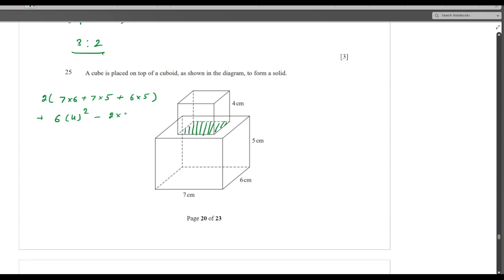So 2 times 4 square I will subtract. So basically I get 2 times, now 7 times 6 is 42, plus 7 times 5 is 35, plus 6 times 5 is 30,